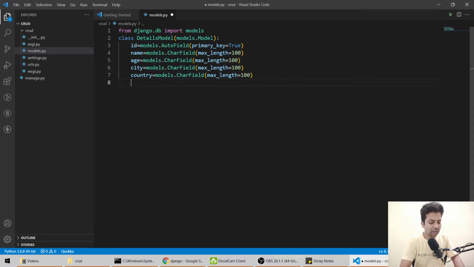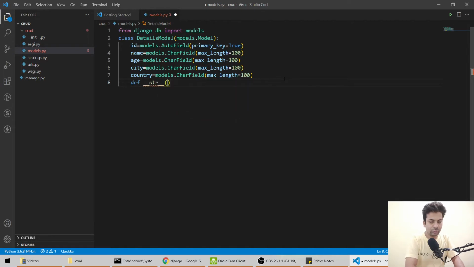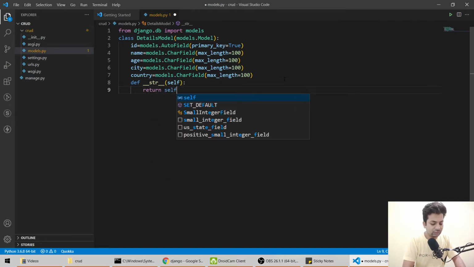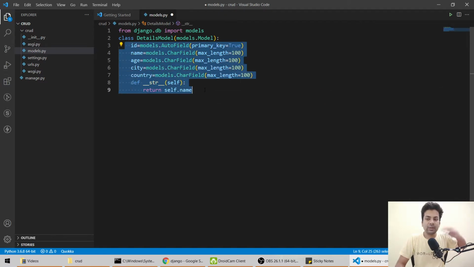Now we'll say def __str__(self), then return self.name. With this, every entry of the schema, which is the details of a person, will appear as self.name.